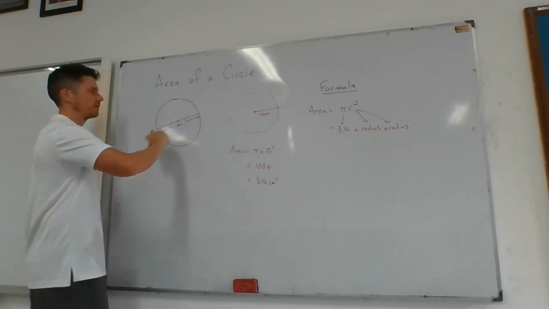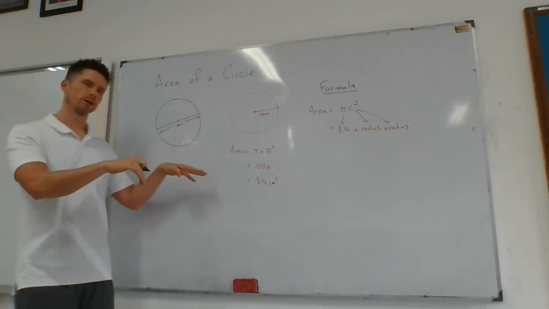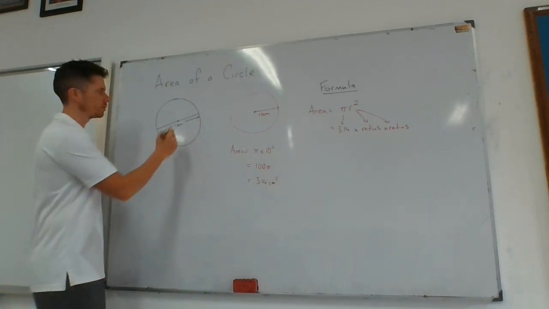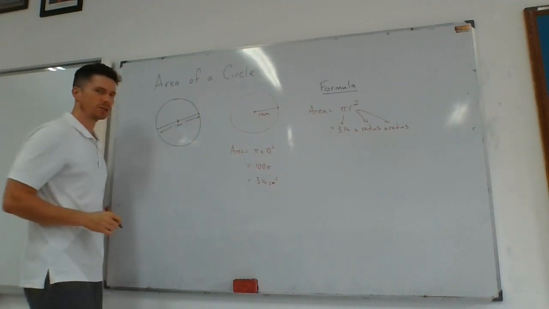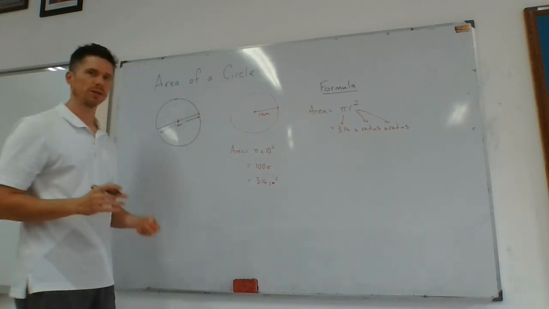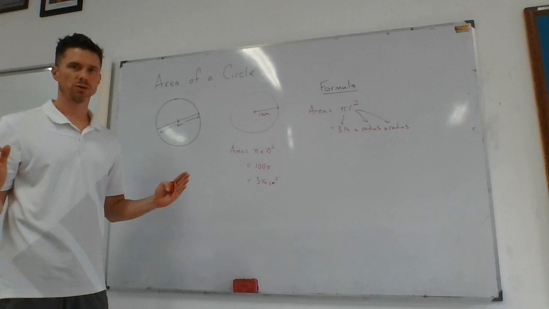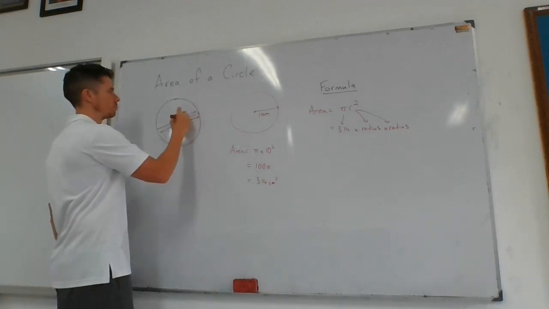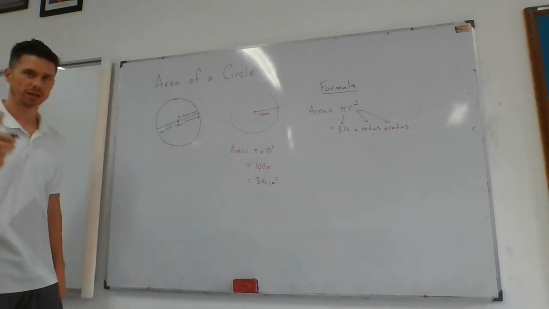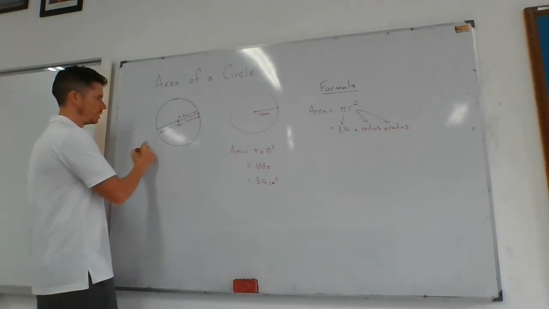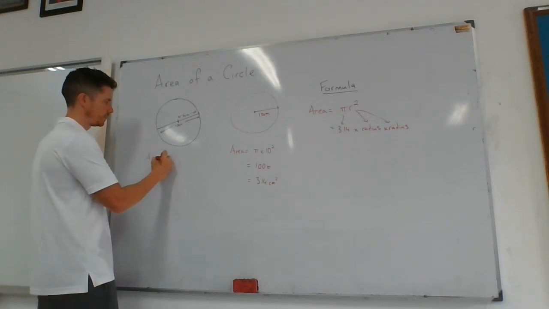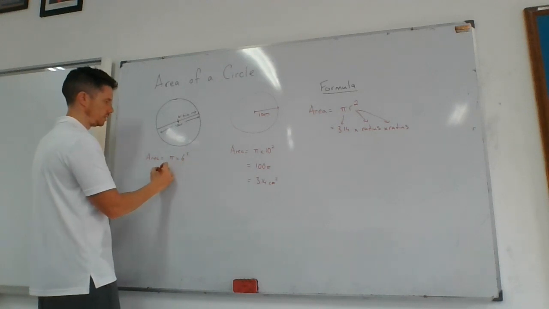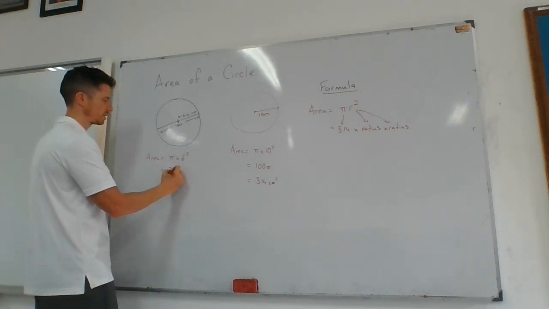So this is a diameter of 12 centimeters. So do I just jump straight into my area formula? No, I have to use the radius in this one. Must use the radius. So if they give me the diameter, I use my logical brain and say, well, the diameter is twice as long as the radius. So radius, half that. So that's actually 6 centimeters radius, which is the number I use. Okay, so the area of this one is pi times 6 squared, which gives me 6 times 6, 36 pi,